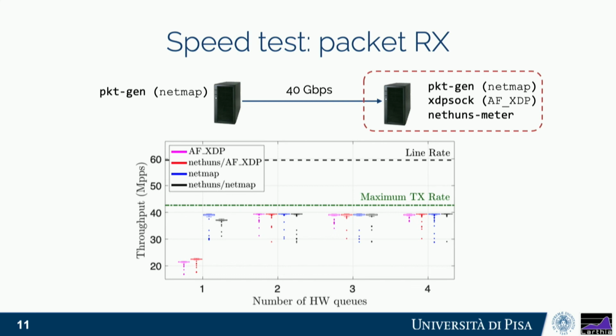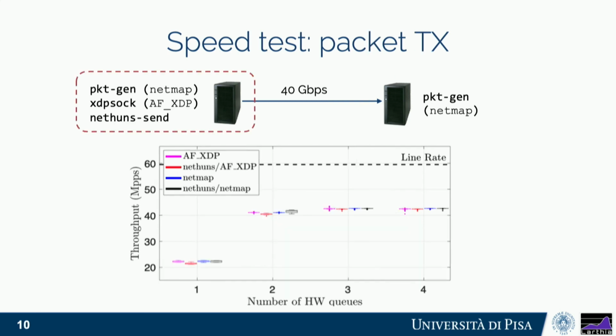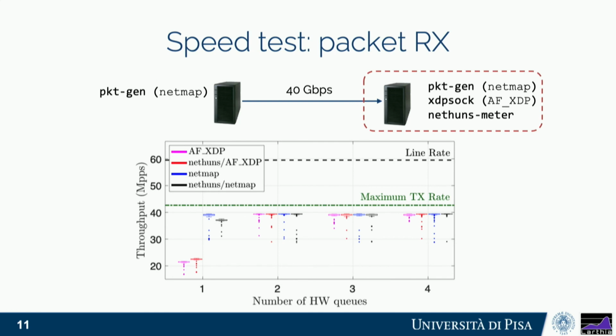In the receiving part, we are sending as many packets as possible. In this case, we are reaching about 42 million packets per second, which is this number here. And we are receiving over an increasing number of hardware queues. Again, we see that once beyond 2 hardware queues, we don't see any difference. Even when we use 1 queue, we see an intuitive result, from the black and the blue. So we have a little overhead introduced by Nethuns over Netmap, which is pretty reasonable, because Netmap is